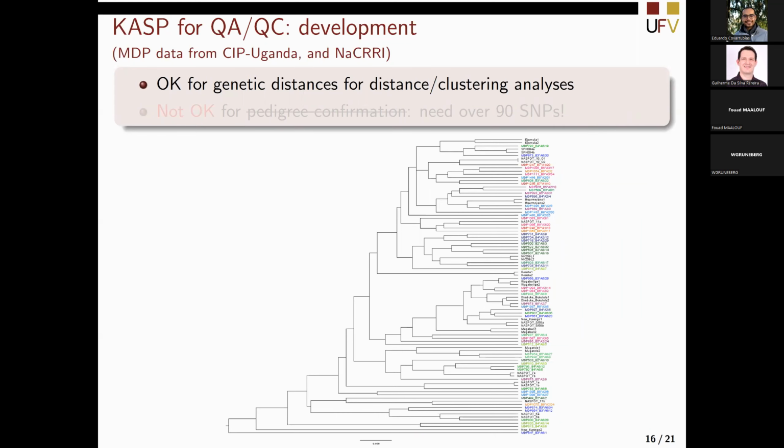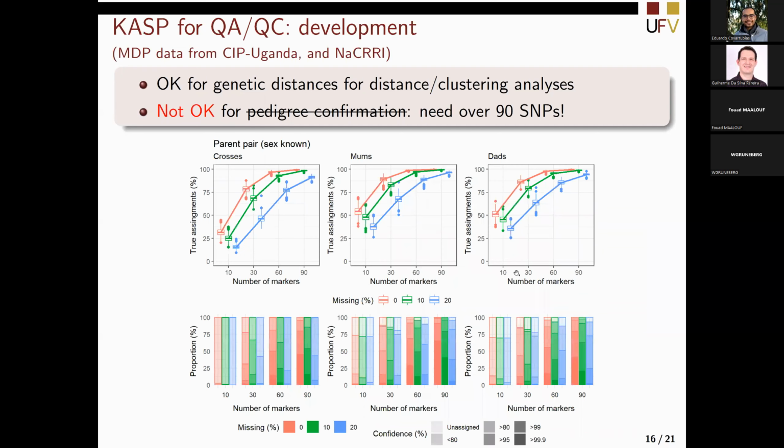We soon realized that, with the validation plates, these Cas markers were actually very useful for estimating genetic distances for distance and clustering analysis, trying to recognize some patterns in terms of similar individuals or different individuals or individuals from the same progeny and so on. But getting to the resolution of pedigree confirmation was not something that we were able to achieve with 30, 40